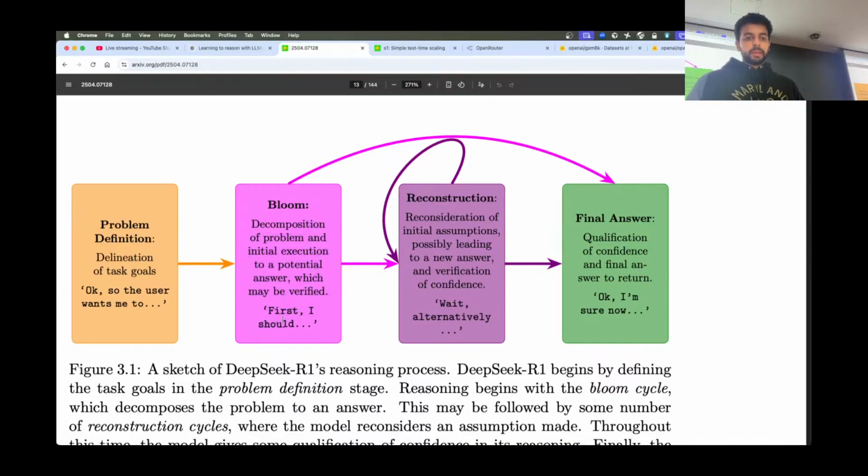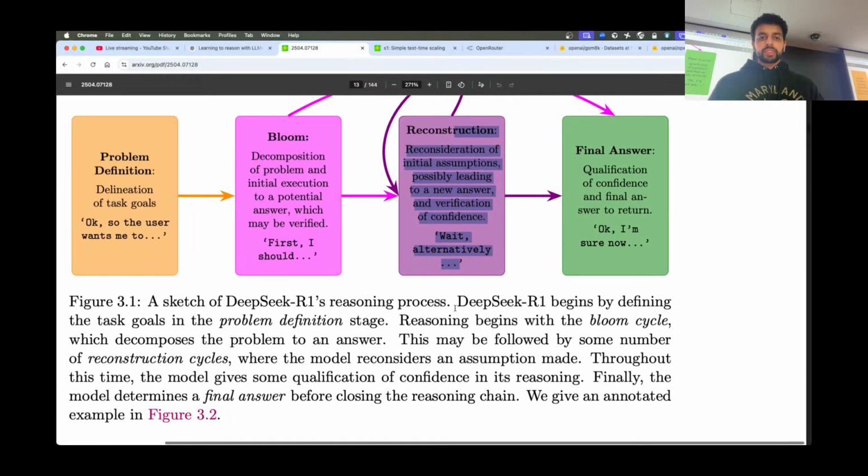Anyway, they find in this paper that the thinking tokens generally perform this kind of decomposition of a problem into simpler steps, which they call the Bloom phase. And then they have this reconstruction thing where they observe that the model comes back to things that it's already generated and tries to think about whether they're correct or not. Are there other possible interpretations, things like that. And so